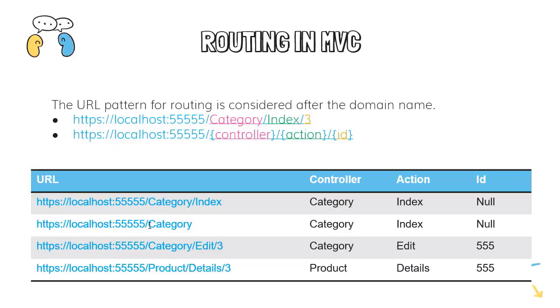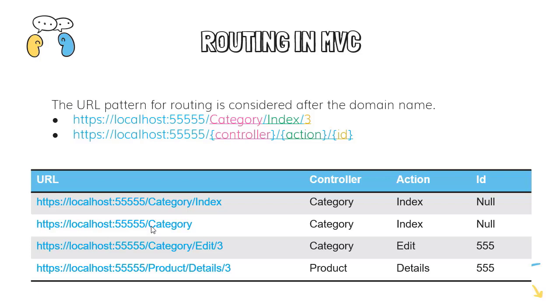Before we get into those details, let me switch to presentation and I can give you an example of routing. The URL pattern for routing is considered after the domain name. So in this case, it will be after localhost and the port number, which is 5555. Then in the example URL that we have, we see